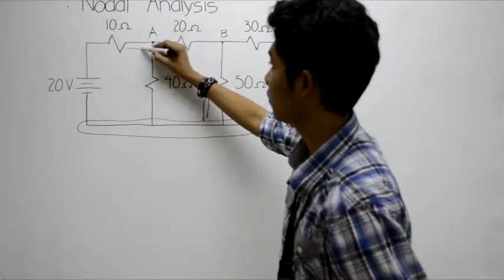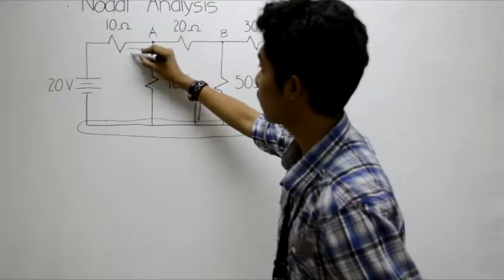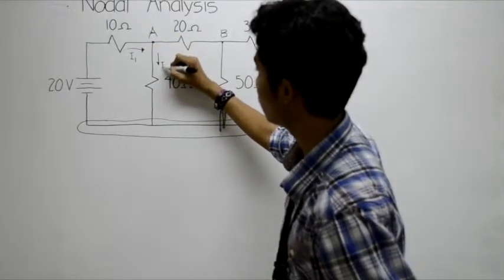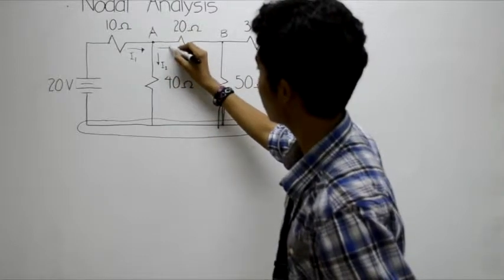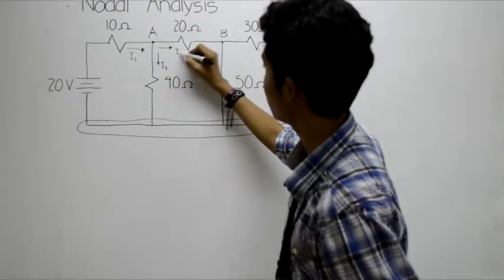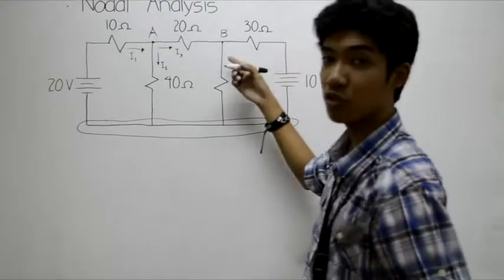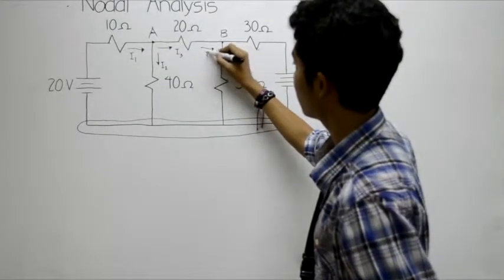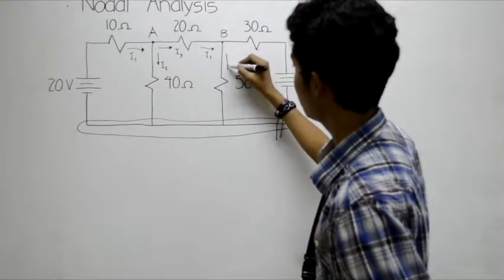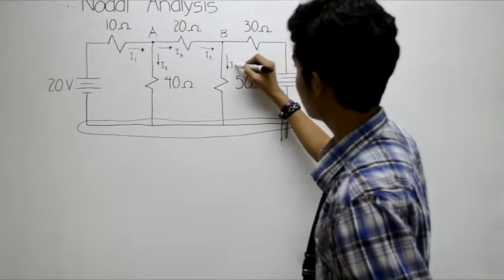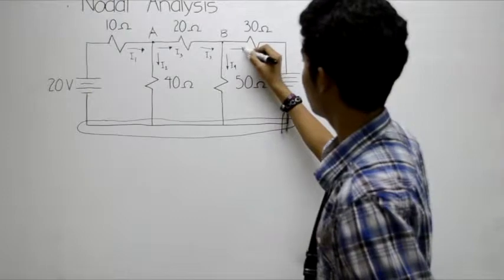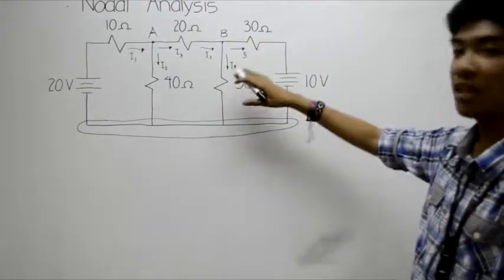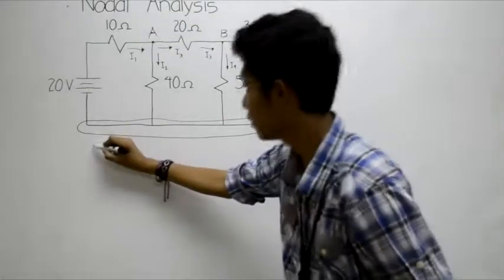So, this will be our current 1, current 2, current 3. Same is true for node B. Current 3, current 4, and current 5. Now, applying KCL on each node, we have